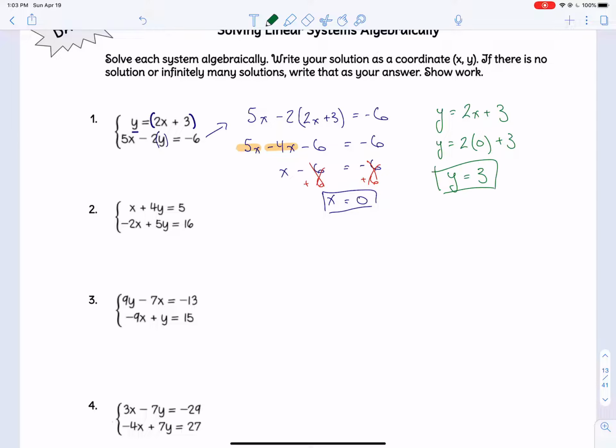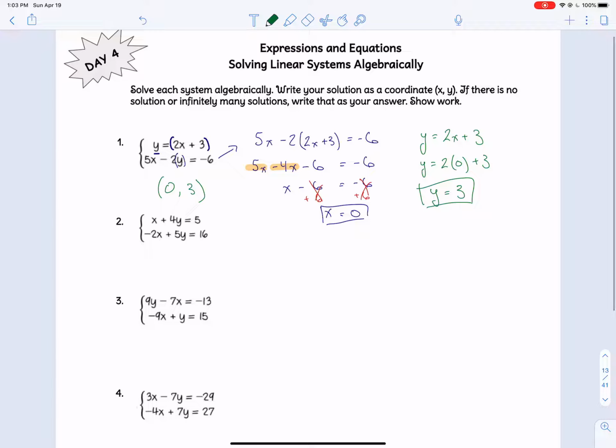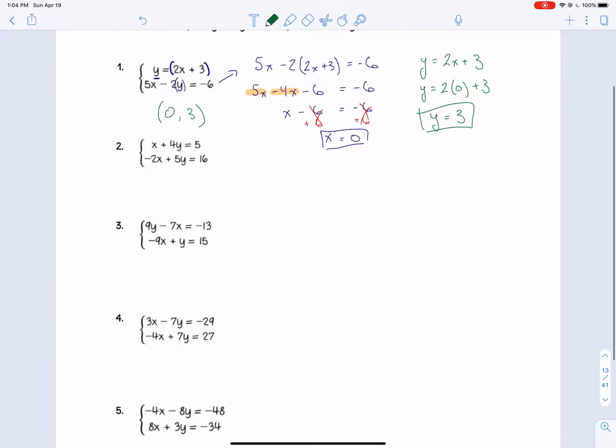So our solution technically is an ordered pair, (0, 3). That's the point where the two lines would cross if we were to graph them. And again, you should use Desmos, type these in, and see what they look like, see if they do actually cross at that point. But do the work first, and then check it with Desmos. Let's look at